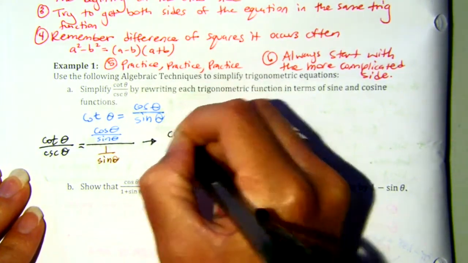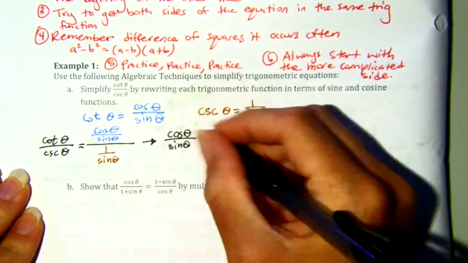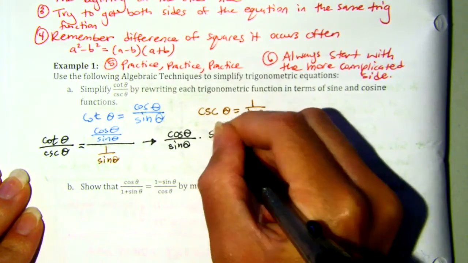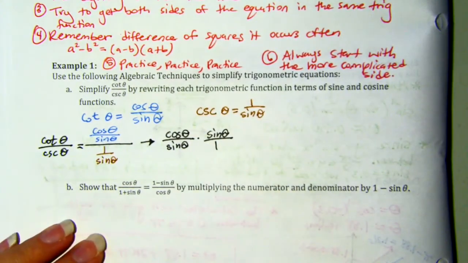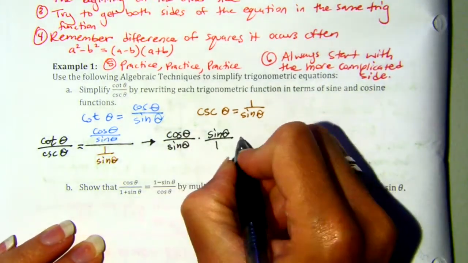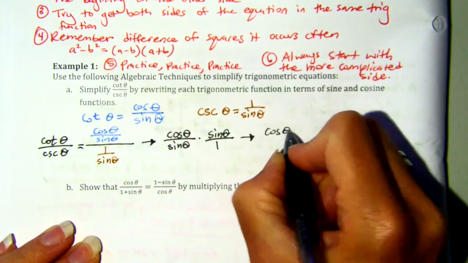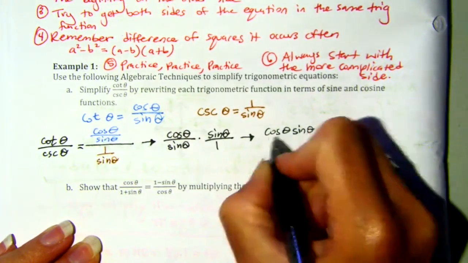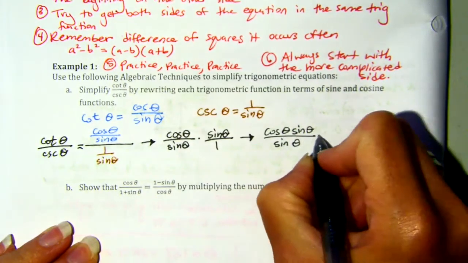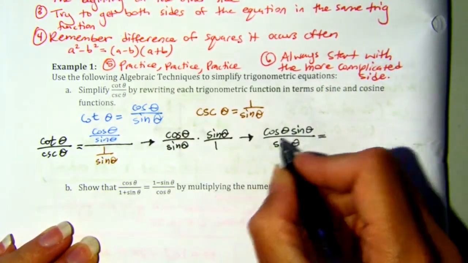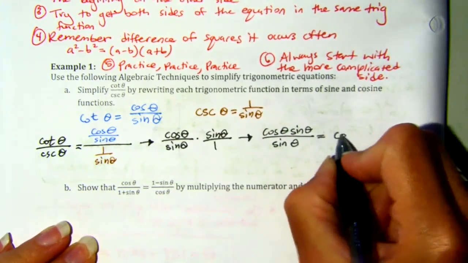We now have cosine of theta divided by sine of theta times the reciprocal, which is sine of theta divided by 1. When we multiply fractions, we multiply straight across. This will give us cosine of theta times sine of theta divided by the sine of theta, which the sine of theta, those become a giant 1, or they cancel each other out, and we are left with